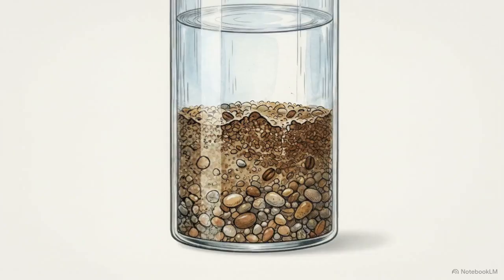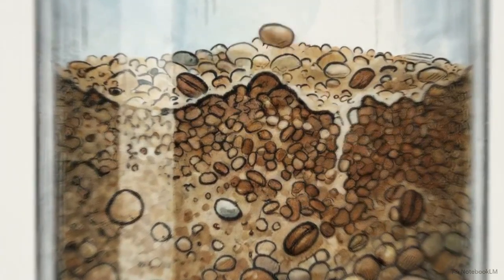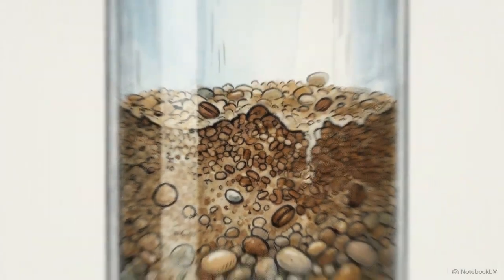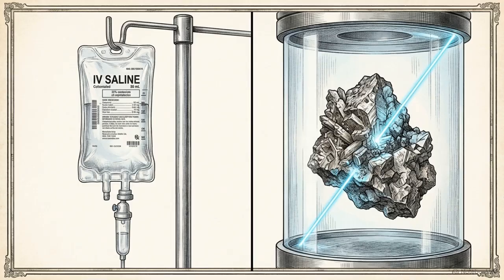Physical separation is never an act of creation. It is merely the systematic unblending of matter into its pre-existing pure components. Looking back at the complete classification chart, we see how this matrix logically scales from macroscopic observations down to atomic logic. This exact logic dictates modern chemical engineering, guiding everything from mixing uniform intravenous saline solutions in hospitals to isolating bedrock elements.